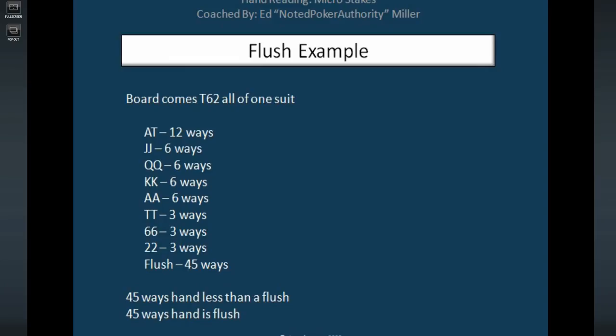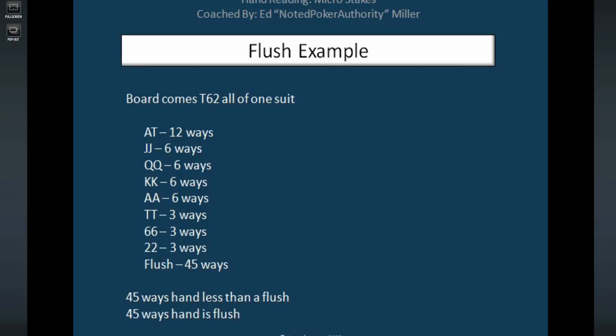So if for some reason this were what you thought was your opponent's range, and as I said before, it's probably simplified and unlikely your opponent's range would look exactly like this, but if your opponent is showing a lot of strength on a flush board, in this case, it's actually 50-50 whether your opponent has a flush. So now,